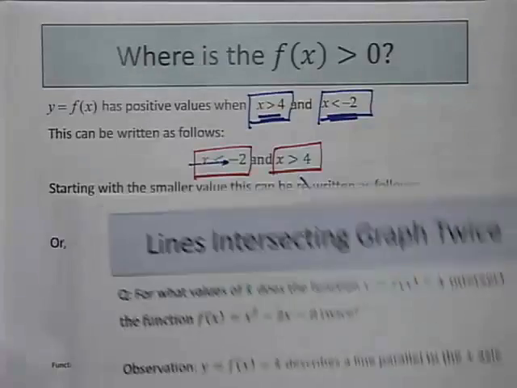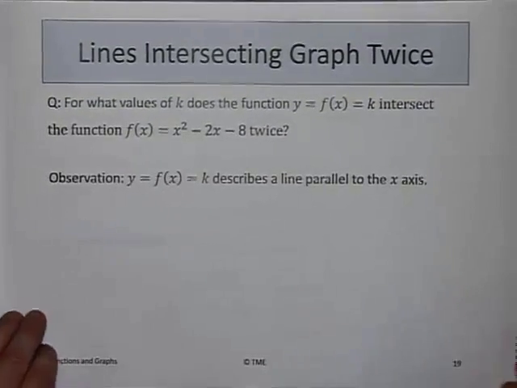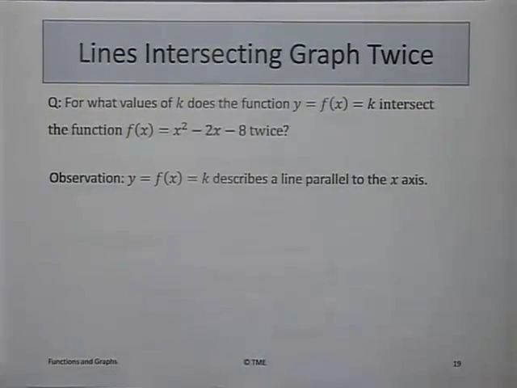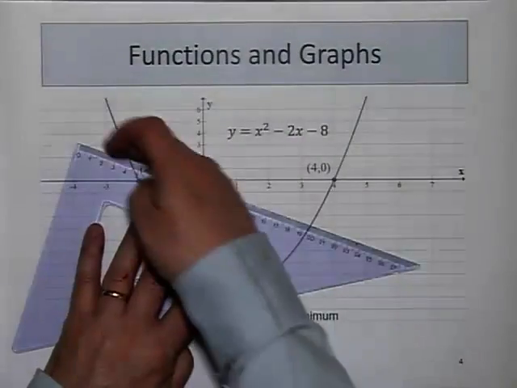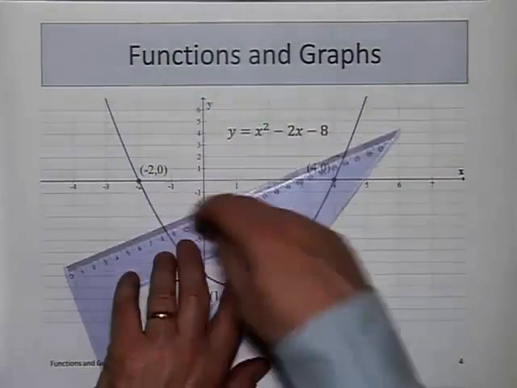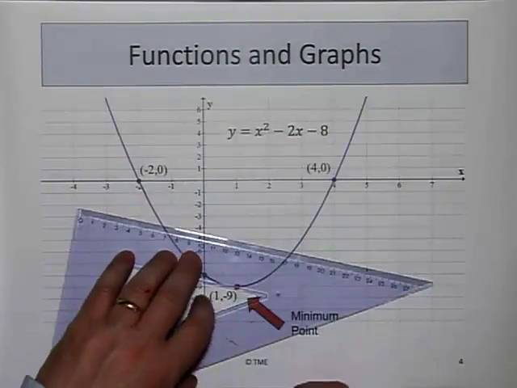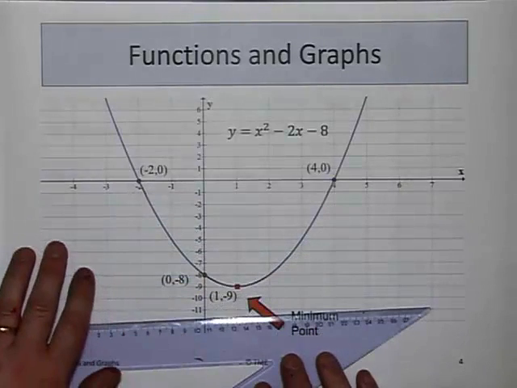This is an interesting question they give you, and they say, where does the graph, the lines, intersect a graph twice? Now this is a bit tricky. What do they mean by that? Sure, every line intersects twice, wouldn't it? Even if it was at an angle. Like if the line was like that, wouldn't it cross twice? Or here, wouldn't it cross twice? Or here? But what they do is they say, okay,